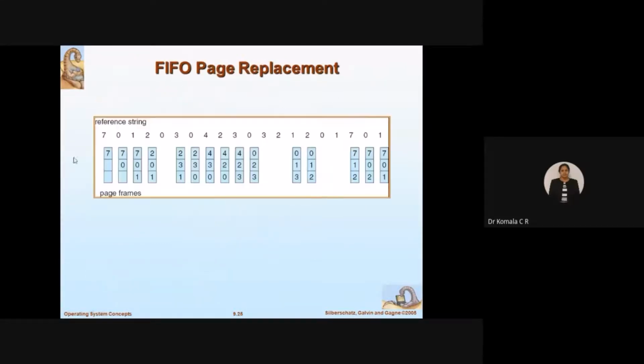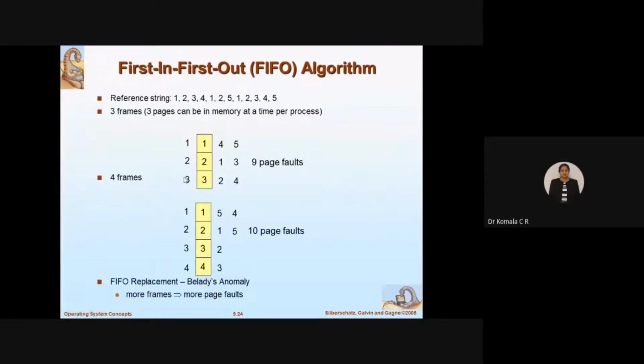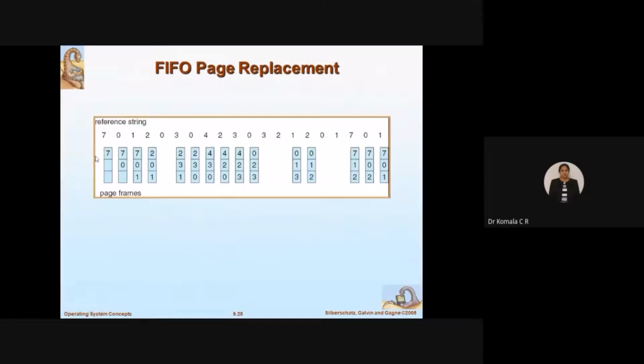Coming to this example, the reference string is taken for FIFO page replacement as 7, 0, 1, 2 and so on. So I have taken a page frame of 3, the first category, 3 frames here. So the 3 frames I will be continuing for the given string. First in the 3 frames, what is the first value to be filled? I have 7 here first, I have filled that.